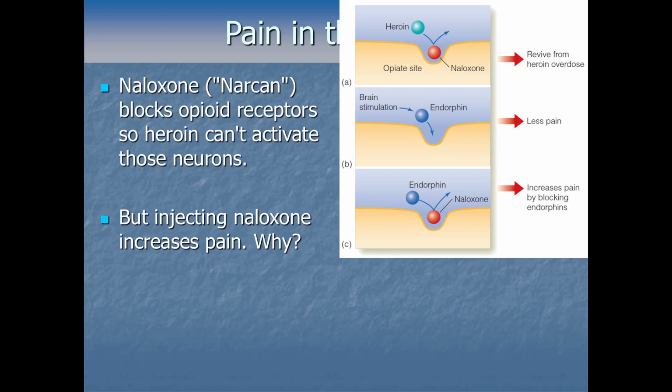That's why heroin has an effect on us in the first place, because we have an existing natural system in our body for opioids like endorphins, right? That's the same reason that THC from cannabis gets you high, because we have natural cannabinoid systems in our body. We produce our own cannabinoids for other purposes, but cannabis works on those in the same way that morphine and other opioids we might ingest from the outside work on the endogenous systems that are already there. So naloxone, if it's blocking these natural receptors, will block heroin, sure, but it'll also block our own